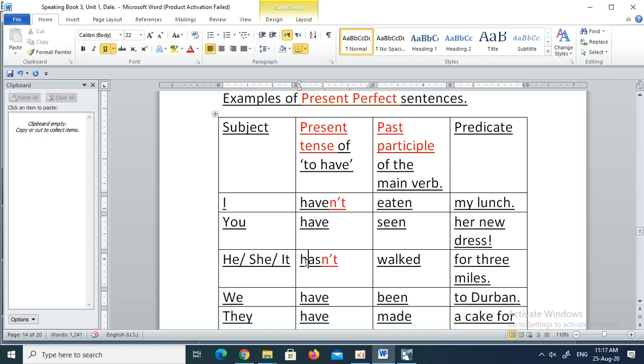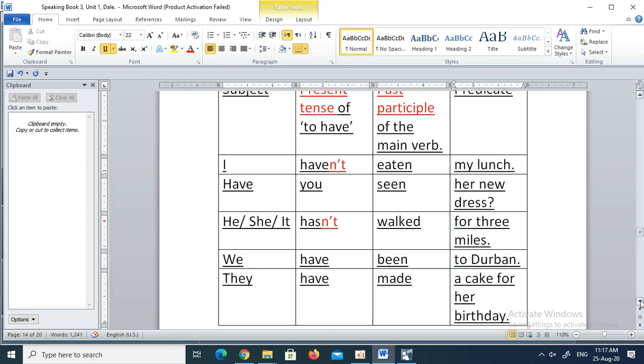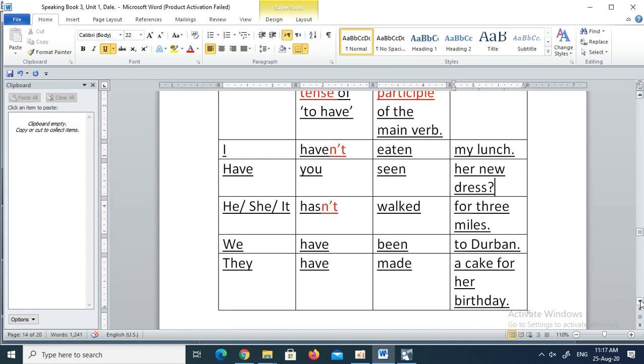Now, if you wanted to make it a question, you would do the same as you did with the other two verbs. So, if our statement is, you have seen her new dress, that is a statement. I can make it a question by saying, have you seen her new dress? If I want to say, they have made a cake for her birthday, and I want to make that a question,